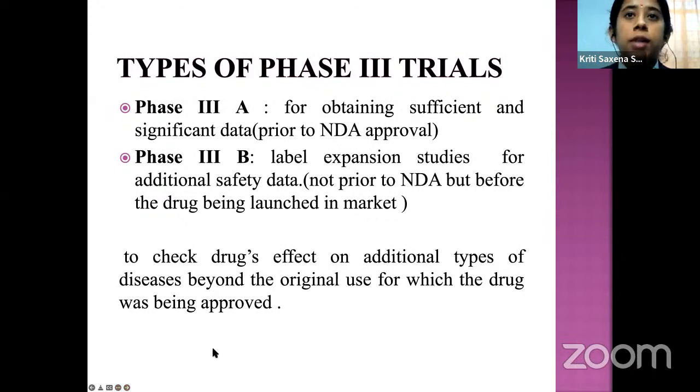The phase 3B trials are done to check whether the drug has any additional kind of effect beyond the original use for which it is aimed. For example, we have a drug with an antihypertensive effect, that is, it lowers your blood pressure, but in the long run or with long use, it may cause some harmful or some beneficial effect also, but that will take a very long time to become visible. Not all effects of a drug are visible. Drugs which cause accumulation can show effects even 10, 15 or 20 years after trials, and they are then withdrawn from the market.